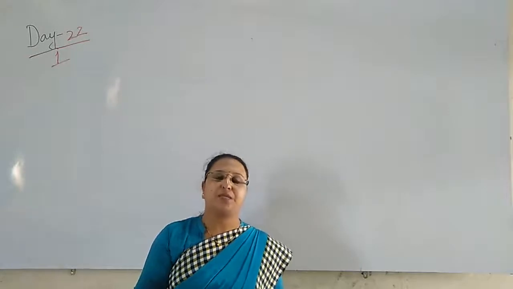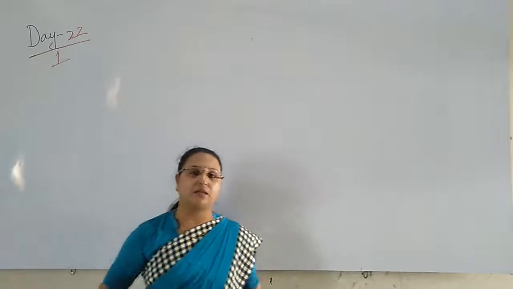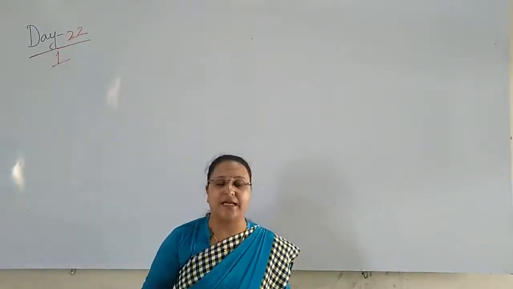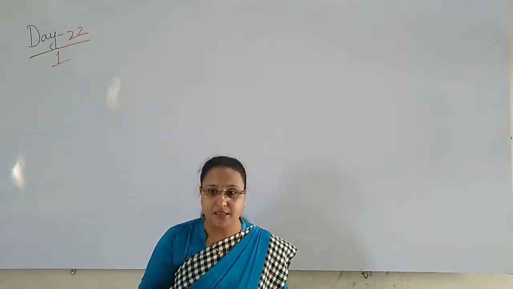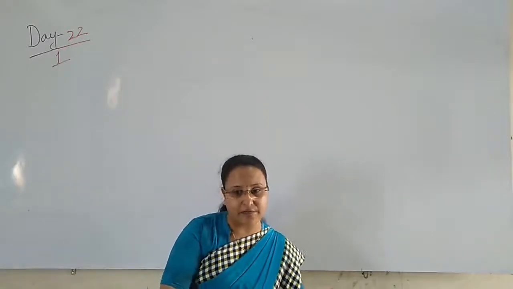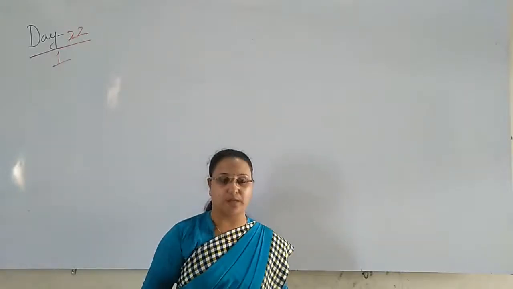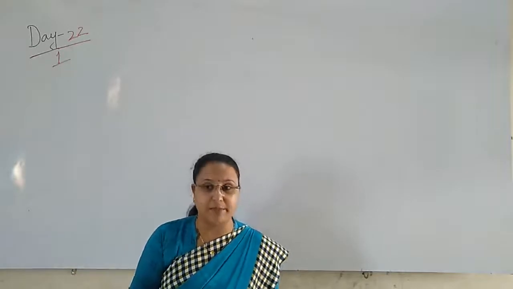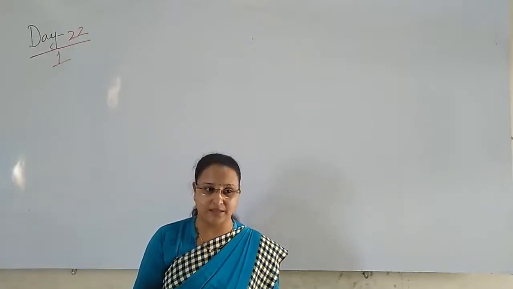Yes children, as you know, in the previous chapter of grammar we have completed the topic this and that. This and that is used for the singular things. Yes or no, children? This is used when the things are very close to us. And that is used when the things are far away from us. But remember children, only when the things are in the singular do we use this and that.